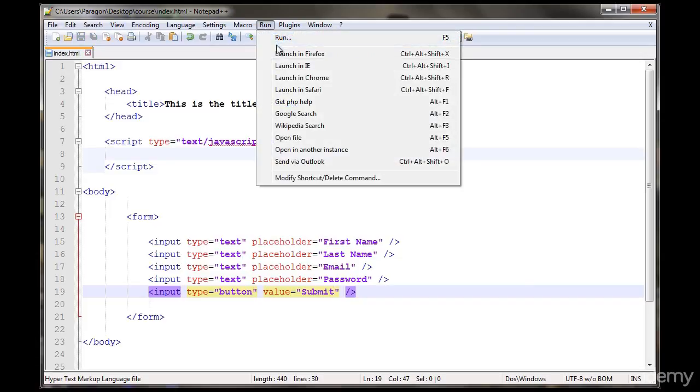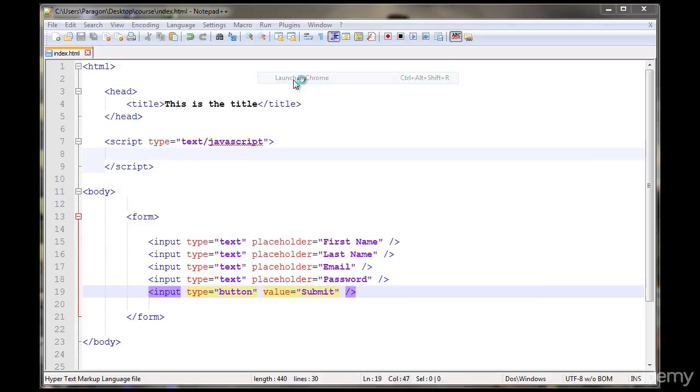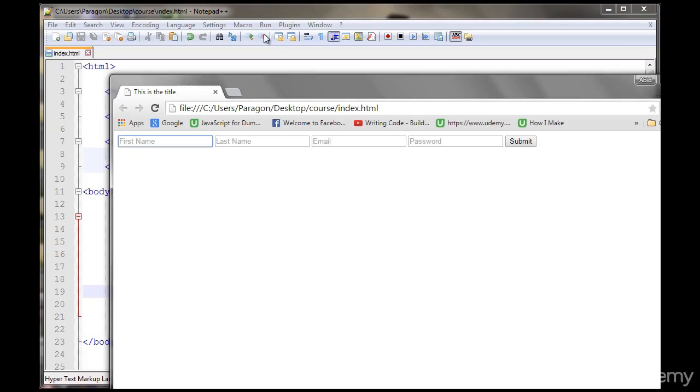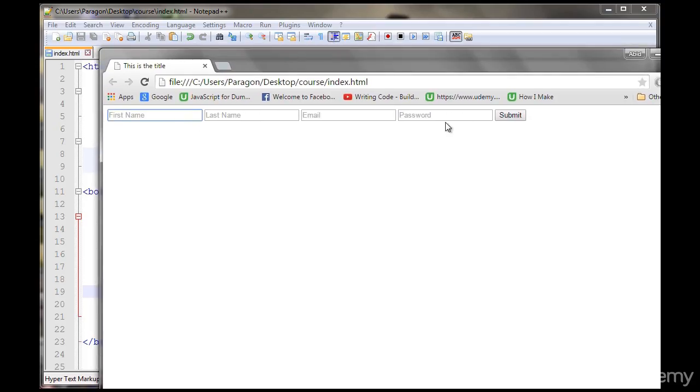Now let's check how it's working. Click on run. Run in Chrome. You can see it looks ugly. It's not looking good. We don't want it to be like this. What we need to do is